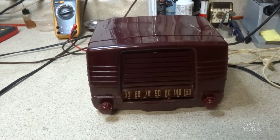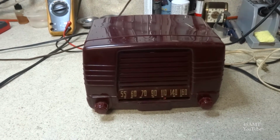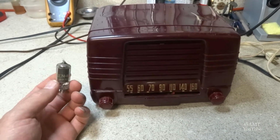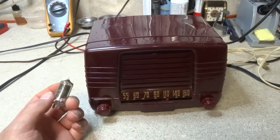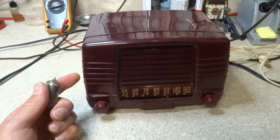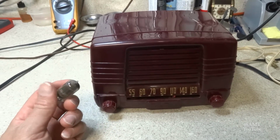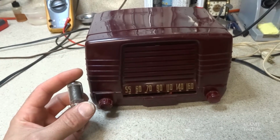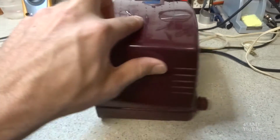that when you plug it in, it wasn't getting any power, and as demonstrated on other videos that I've done, this 12BE6 had an open tube filament. I've done videos of several radios with open tube filaments, so I didn't really see the need to record tracing that down. If you ever have any questions about open tube filaments, especially on these AA5 radios with these